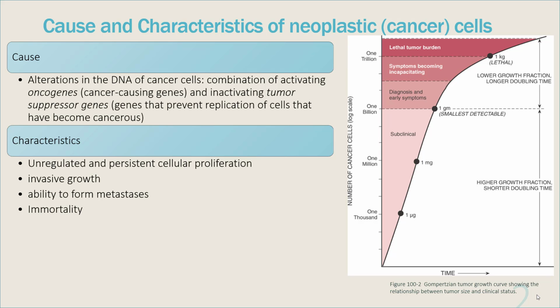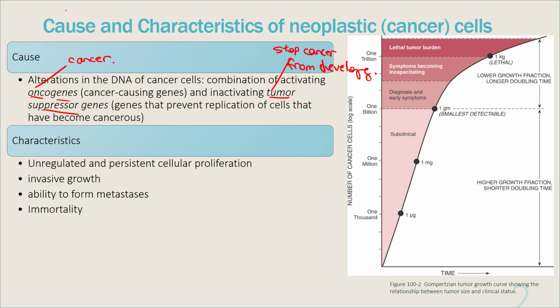So just as a background, you can see over here that cancer cells are really due to changes in the DNA. What happens in the DNA of cancer cells is that oncogenes are activated, and the prefix onco means cancer, right? So oncogenes are cancer-causing genes, and we also have other genes called tumor suppressor genes. As the name suggests, tumor suppressor genes stop cancers from developing,